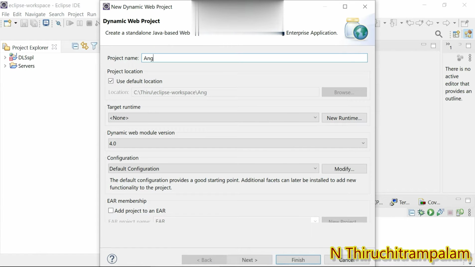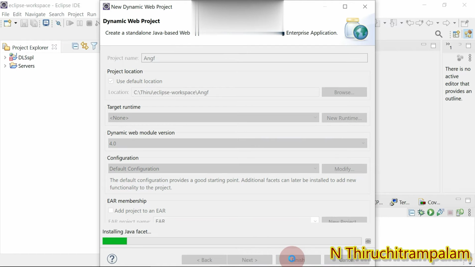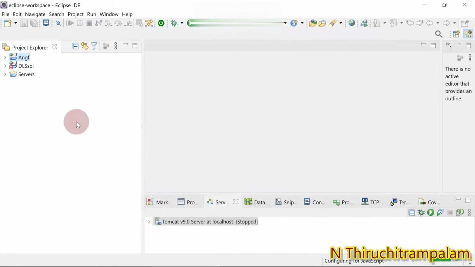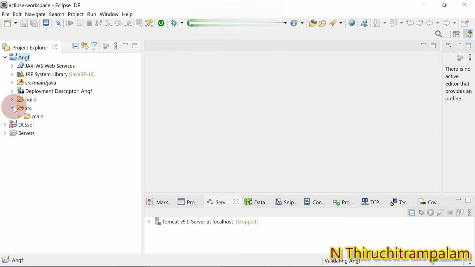Again I give angf and then click on finish. Here what I do, I'm going to create the lib folder underneath webapp. So right click on webapp,